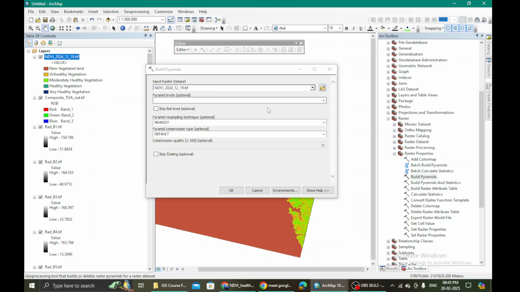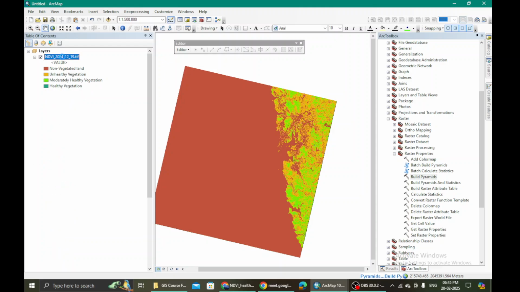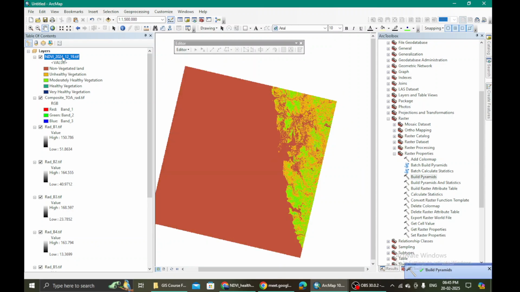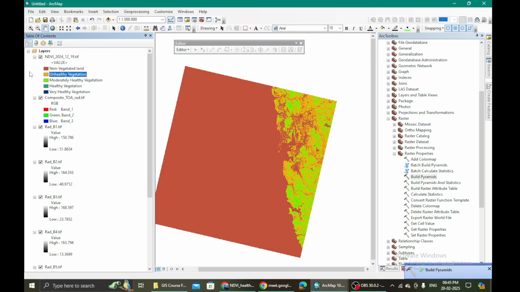Input raster data. Okay. Let me see if it gets built. Pyramids will be built, but the raster attribute table is not getting built. Okay, anyway, there is another way.